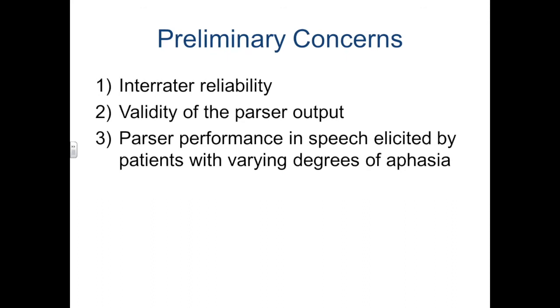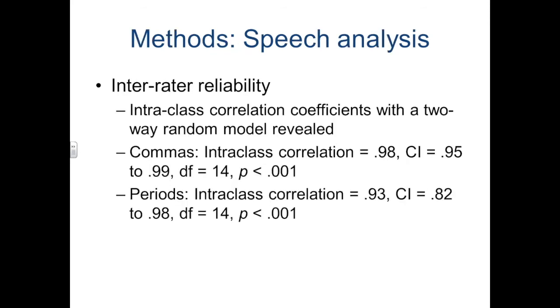You know, what I call a comma, you may call a period. And how do we know that this is a fair assessment of what you're hearing in the recordings of the descriptions of the pictures? So the first inter-rater reliability concern we addressed by looking at a subsample. I think we did 15, where 2 different independent blind